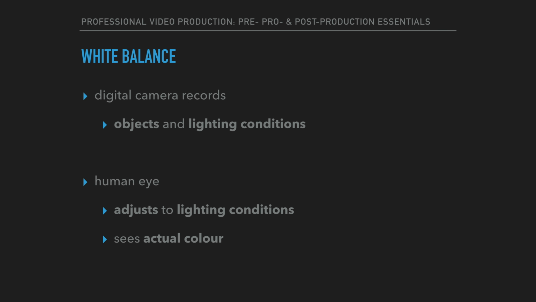Another important concept, and really easy to master, is called white balance. Digital cameras will not record an image the same way that the human eye perceives the image. The digital camera records both the objects in the scene and the lighting conditions present. By comparison, the human eye doesn't perceive the lighting conditions, but the eye adjusts to the lighting conditions to see